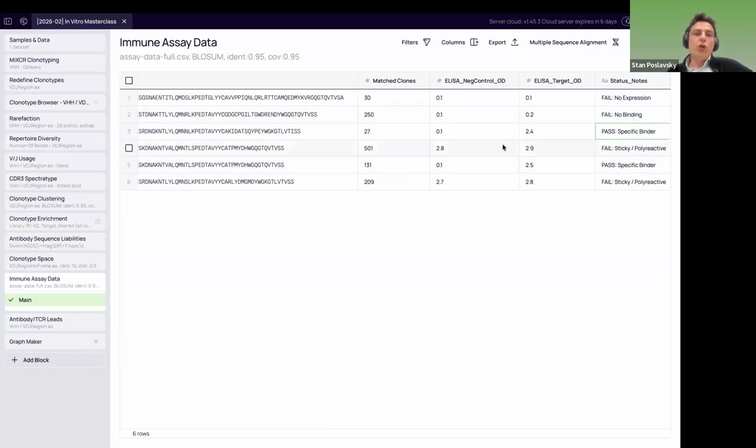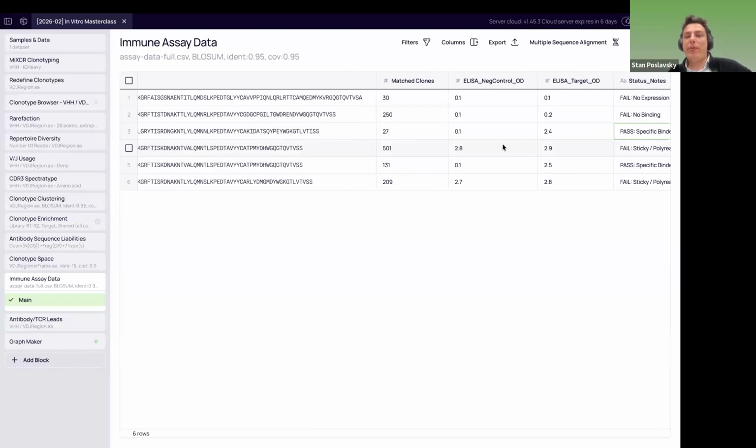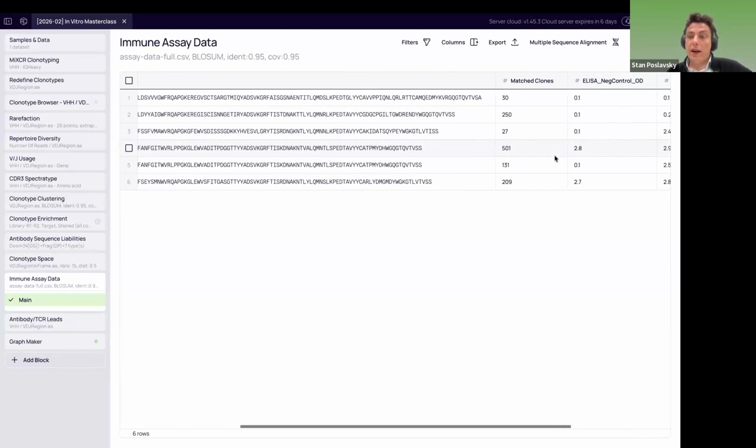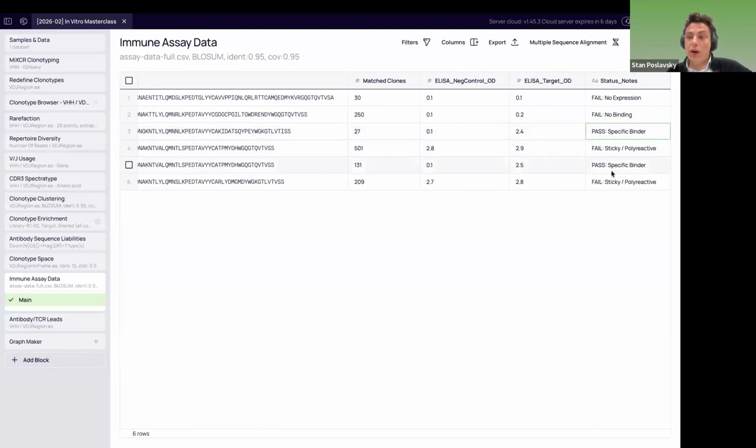So we can make those notes, import this information and map it back to our entire NGS space of candidates. Looking at our families of candidates that pass our ELISA functional validation,